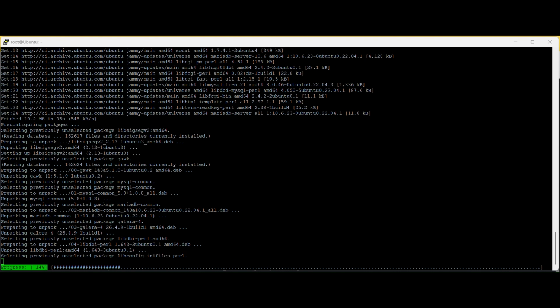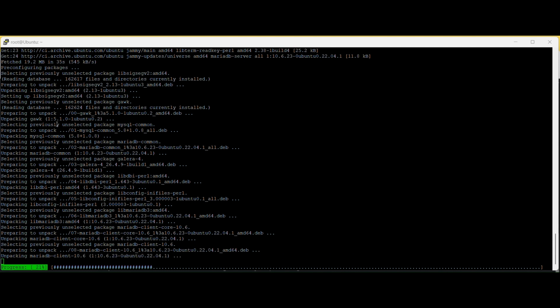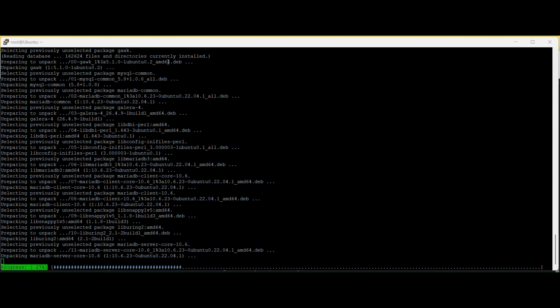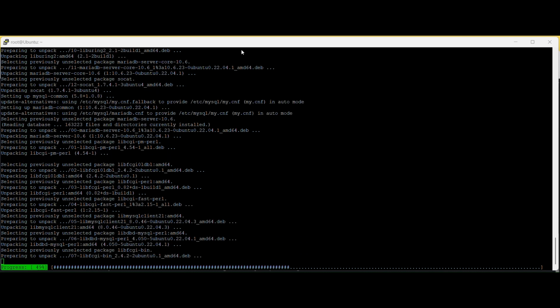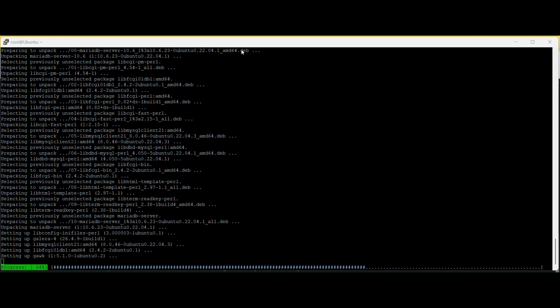Packages of size 19.2 MB are downloading, and now they are getting unpacked and installed on our machine. The halfway mark has been completed,